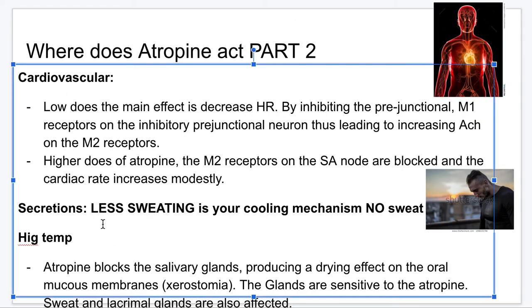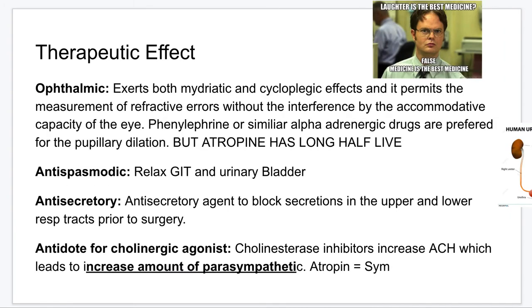Why are you getting high temperature? Because you're having less secretion. What is less secretion? It means your cooling mechanism is going to be less. So therefore, it's going to lead to a high amount of temperature. So when can we use this therapeutically? Basically, if you want